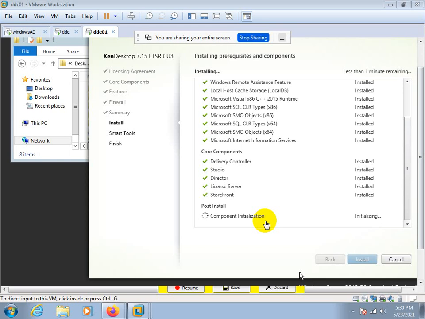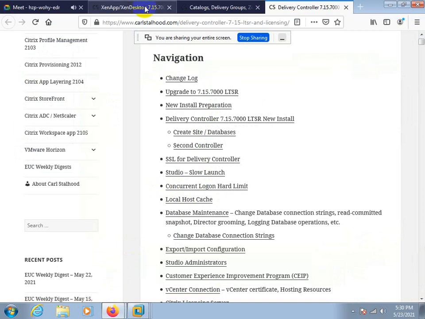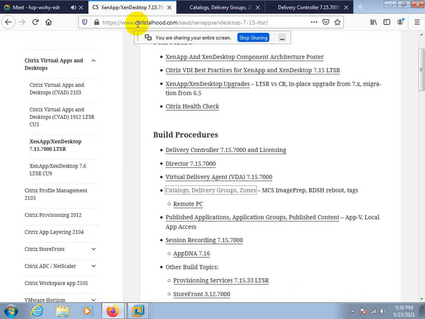It's like shadowing, but apart from shadowing, you take a recording of it. Session recording was introduced in 7.13 or I think 7.14; you can search in Google.